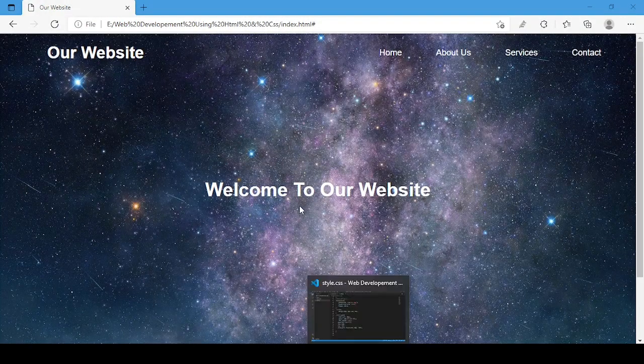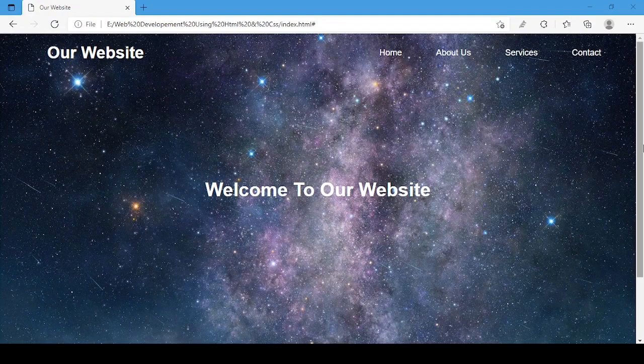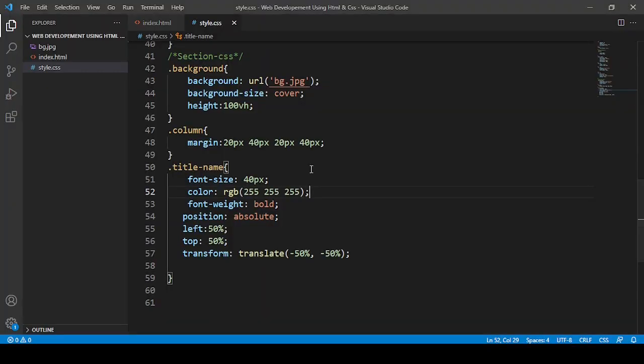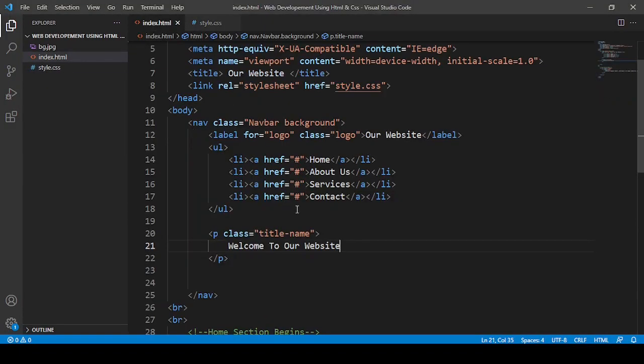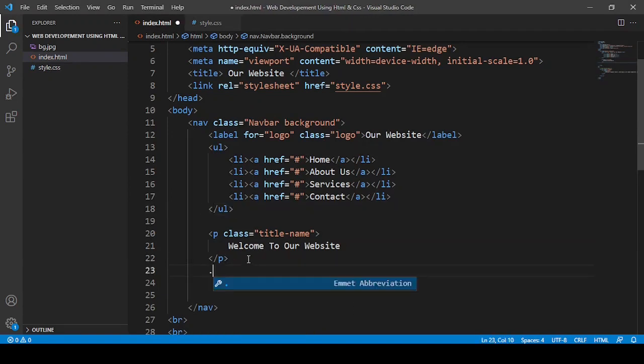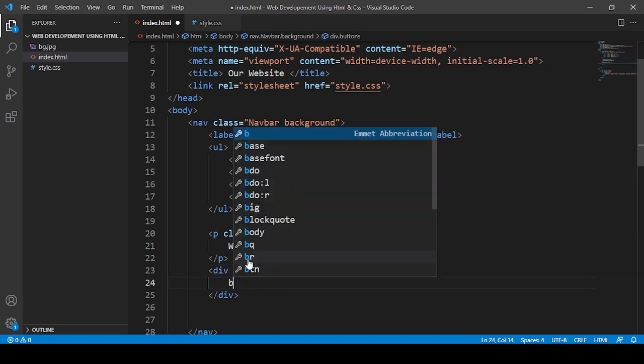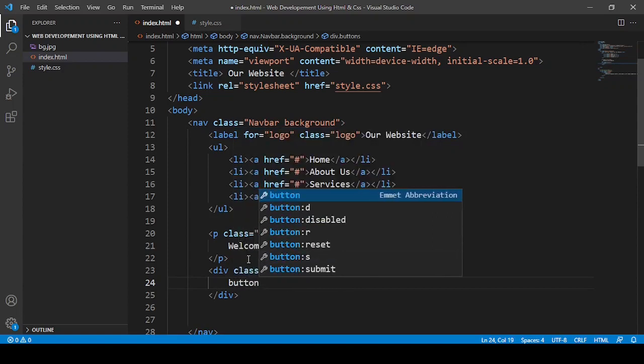And then after that, what you can do is you can add your buttons. Let me make it a div. I'm going to say div dot buttons. I'm going to hit enter, and I'm going to use here button.btn.